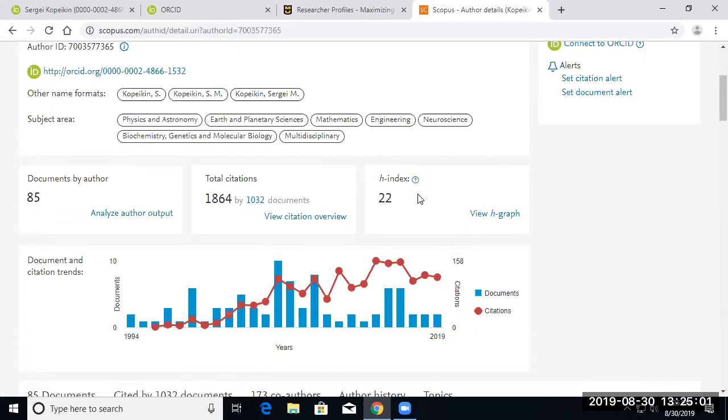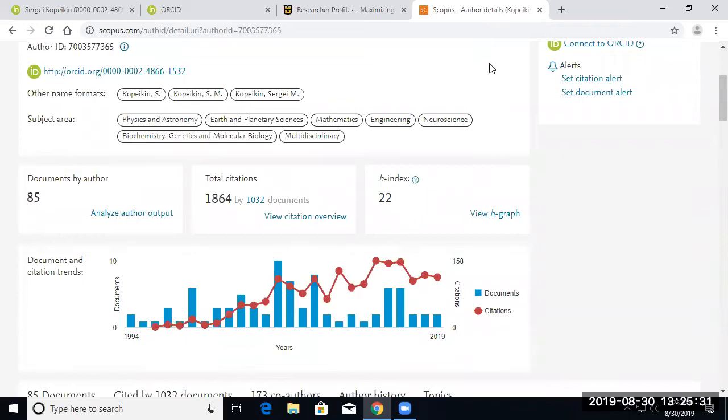You can compute your own H index. Once you have articles written, you can make a little spreadsheet of your articles and look up how many times they've been cited, like in Scopus or Web of Science or Google Scholar. And then you rank them by the number of times they were cited. And then you just start going down the list. Let me show you the illustration from my